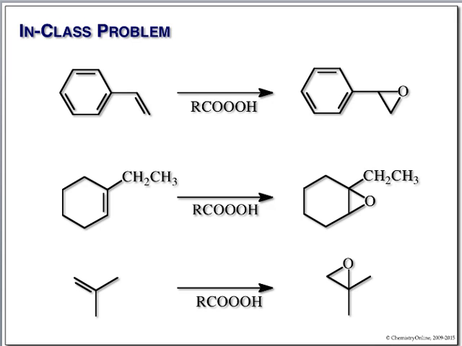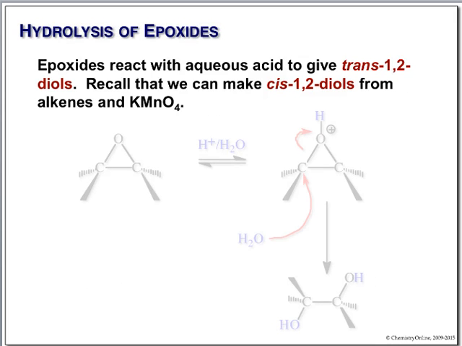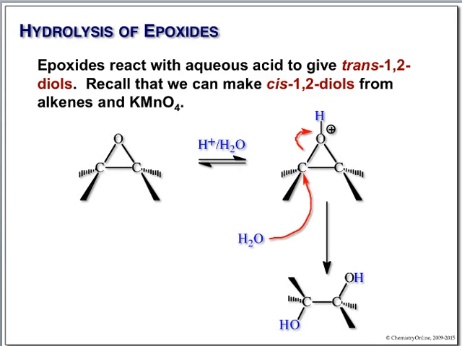Remember, we talked about how to make 1,2-diols with permanganate, right? What do we know about that? We know it's concerted. We know we have a manganate intermediate, and the addition is cis. Well, if we have an epoxide, and we take that and dump it into aqueous acid, well, step one, we're going to protonate the oxygen, of